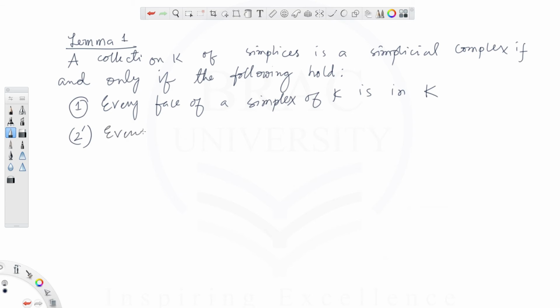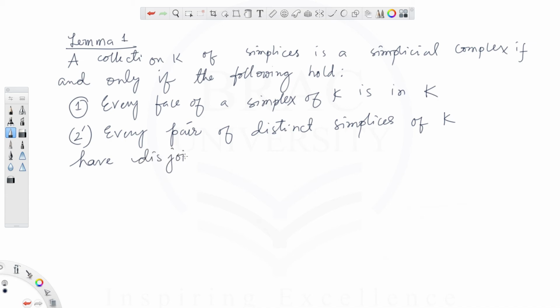Every pair of distinct simplices of K have disjoint interiors. Okay, which means that the interiors of the simplices cannot